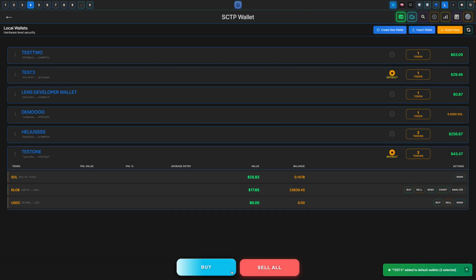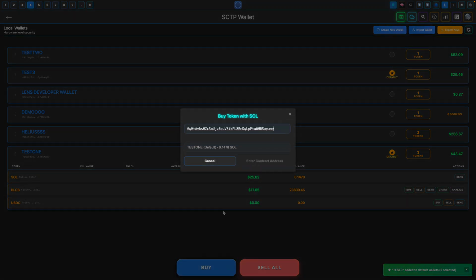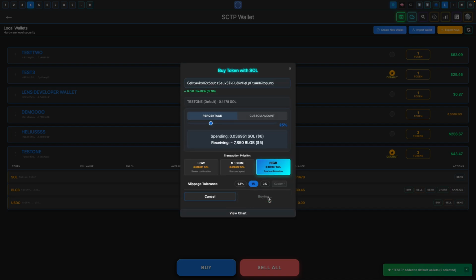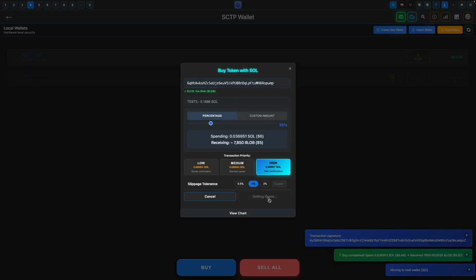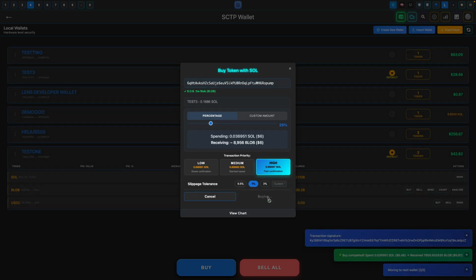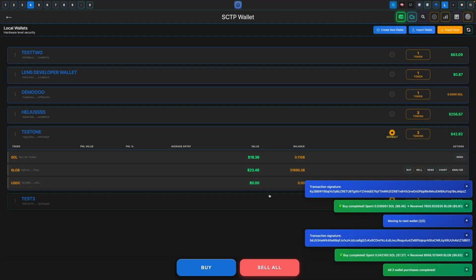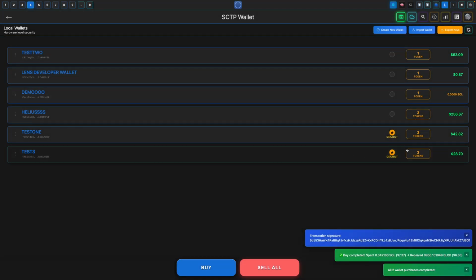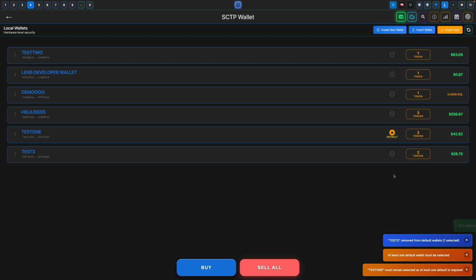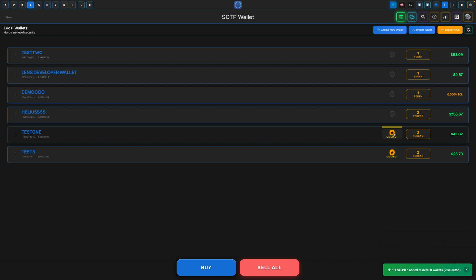What about if I select multiple here? Select this, buy here. Oh, this is so beautiful. So this is multi-buy. So let's talk about your default wallet. When you have one default wallet selected, this is going to be the wallet that is used to place transactions. When you have multiple, you can trade through multiple wallets. So what does that look like? Well, first